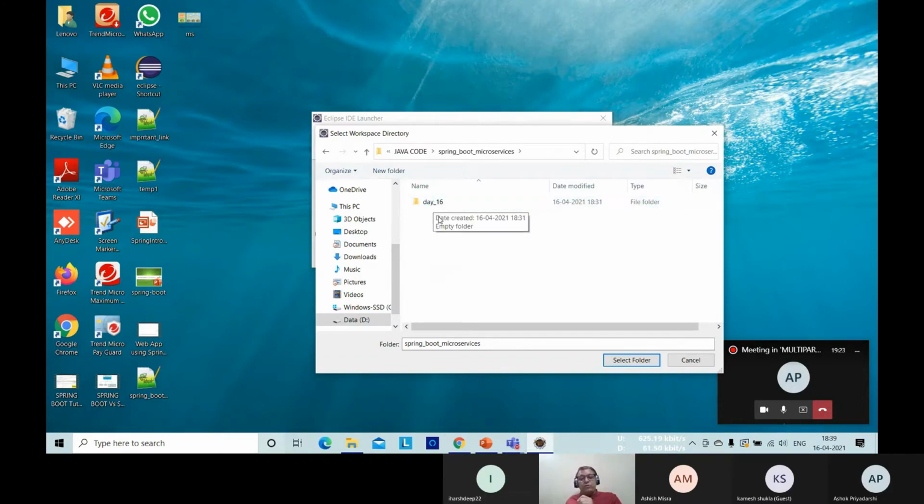From today onwards, because every day we will have some unique coding, every day I shall make a folder, day 16, day 17, and so on. For that particular day, whatever code we develop and test will be within that folder. The folder will be zipped and uploaded on the Google Drive. Okay. So let me select this folder and